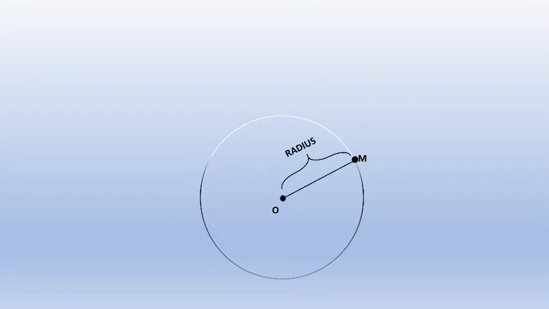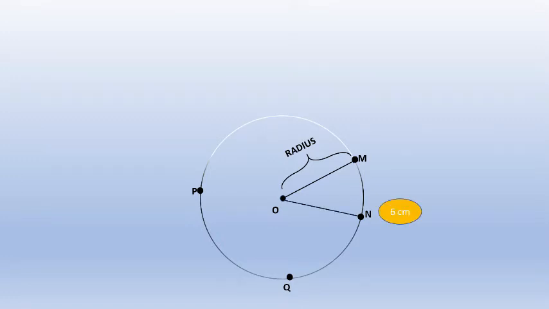In this slide of the video, we have some more points which are related to the circle. This is a circle which has center O. If you take a point M on the boundary of the circle, the distance from O to M is the radius of the circle, as we have read. If we take another point N, and point Q, point P, these 3 points are on the boundary of the circle.